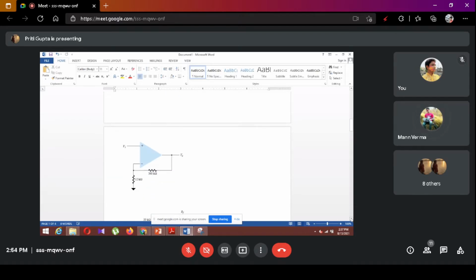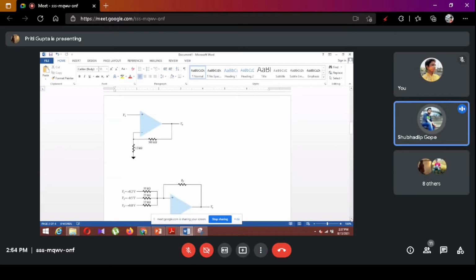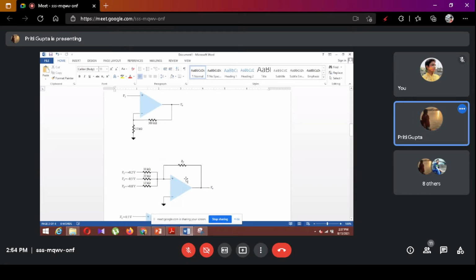Do we have to give the minus sign or not? If you give it, it's not a big deal, because it's an inverting terminal, so better you give it, because that minus symbol will represent that it is an inverting signal. You will do this one after some time. At first do this one, this circuit.